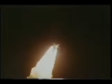Well, we cleared the tower right on time, right at the very opening of the window. And, you know, these things are spectacular enough during the daytime. And the three of us that had flown before each had a daytime launch, and they're even better at night. We could see the reflection of the booster exhaust off of the clouds as we were in the first